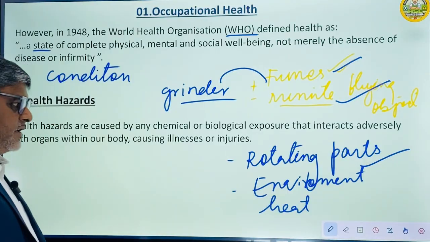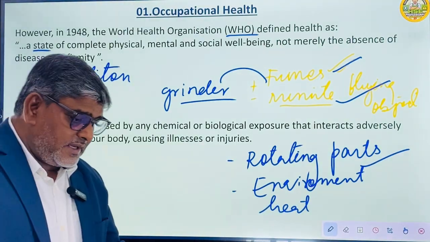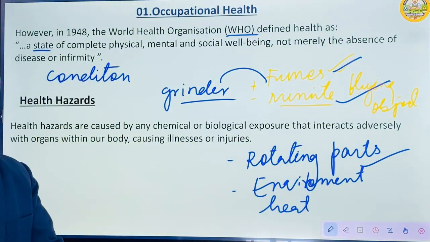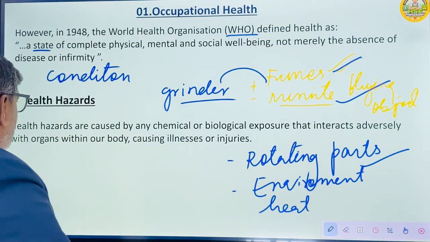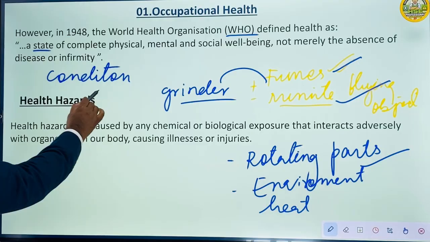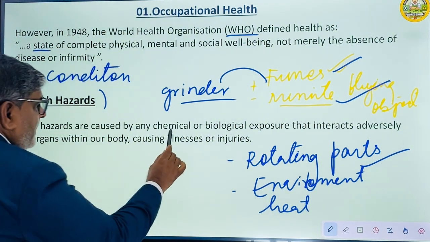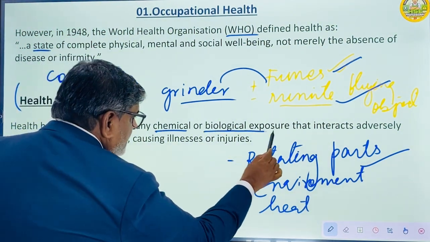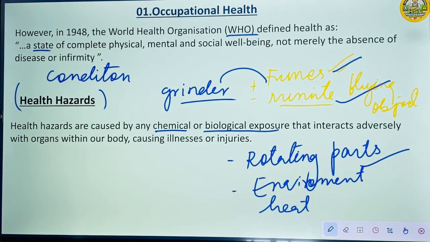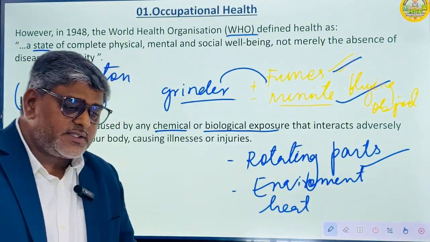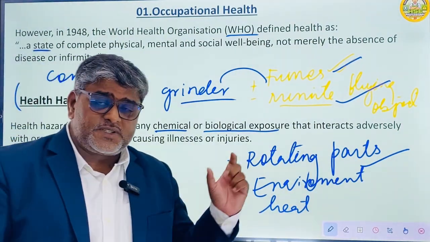Okay. Some reptiles and some poisonous reptiles may be present, scorpion, snake, whatever. So that's why the person can mainly be exposed to health hazards, like health hazards caused by chemical and biological exposure. Gentlemen, these 2 points we will study in very much detail, because my video is especially for occupational health and safety,